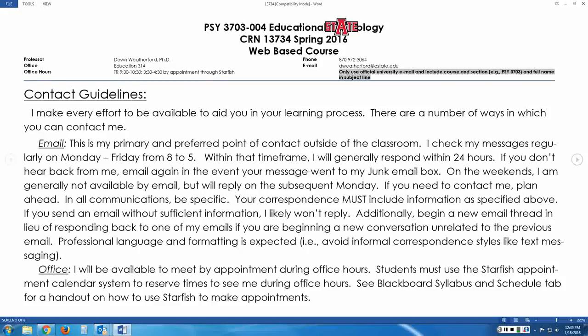If you don't have this information in the subject line, PSY 3703, and your full name, then what happens is that it may go into my junk email box. A-State has an interesting kind of automated system when it comes to that. Even if it comes from a student mail address, I've had many things go to junk, and I don't see it if it goes there. So make sure that you're following this minor thing so that I know you're asking a question of me and